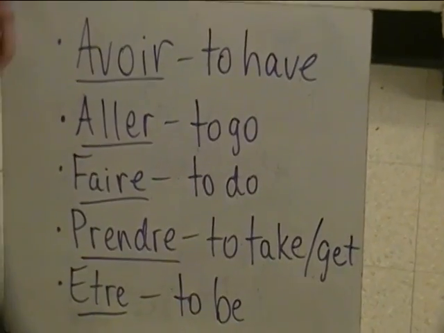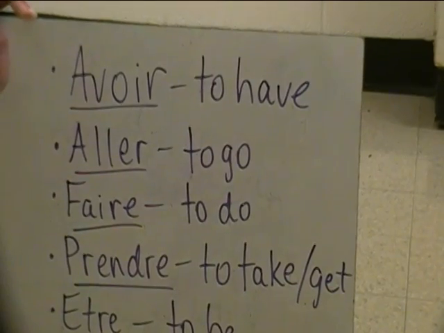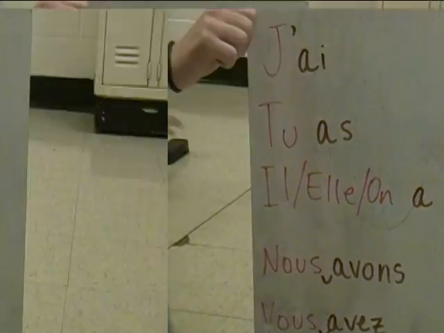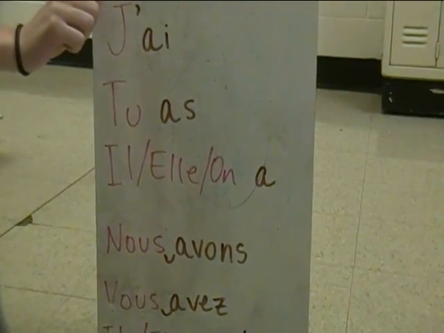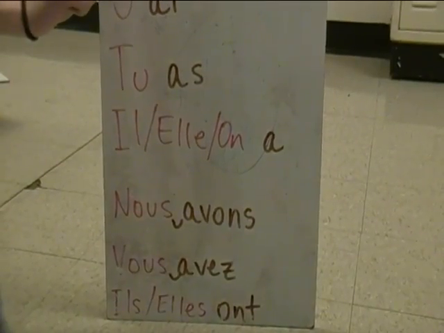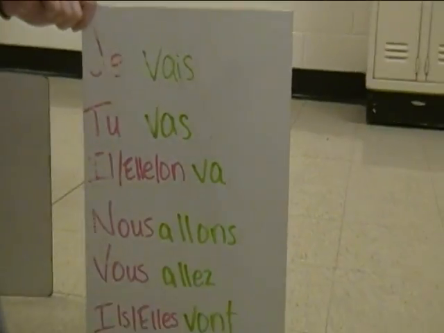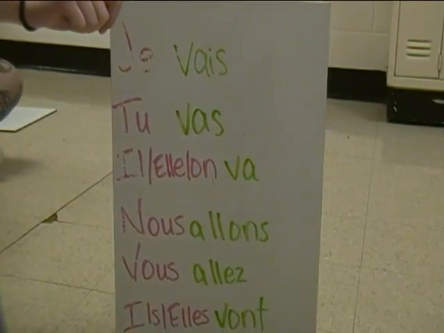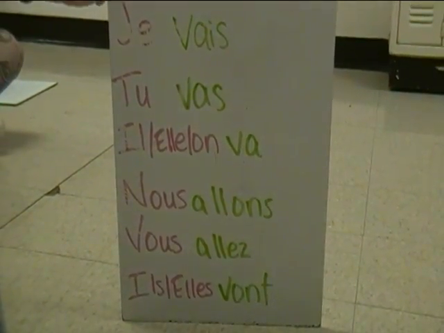Now it gets a little more complicated. There are 5 irregular verbs that you need to know. These verbs do not follow a specific pattern, therefore they are irregular. These are the 5 irregular verbs that you need to know. Avoir, to have. The endings are j'ai, tu as, il, elle, on a, nous avons, vous avez, and ils, elles ont. Aller, to go. The endings are je vais, tu vas, il, elle, on va, nous allons, vous allez, and